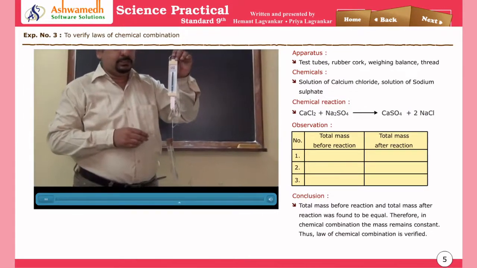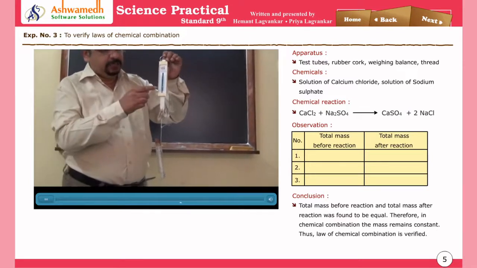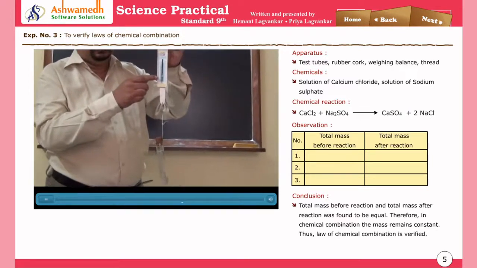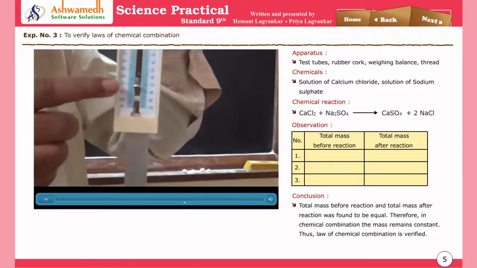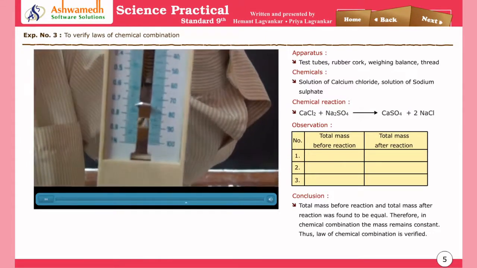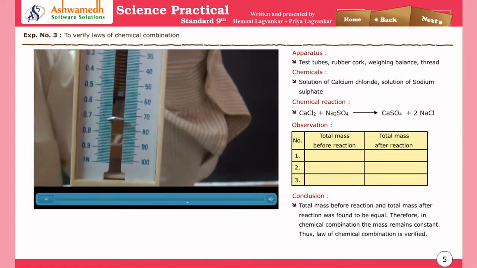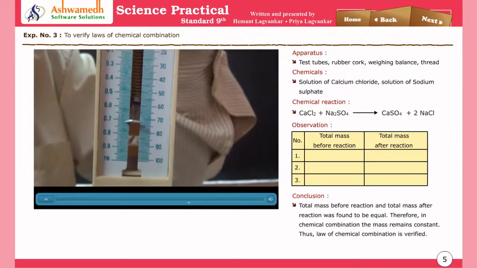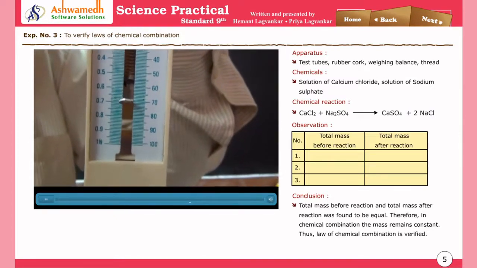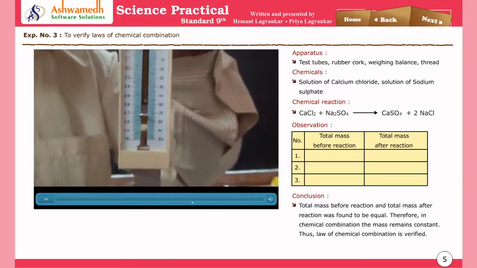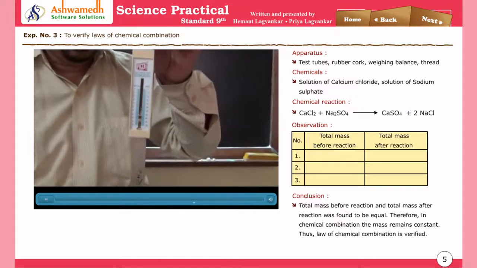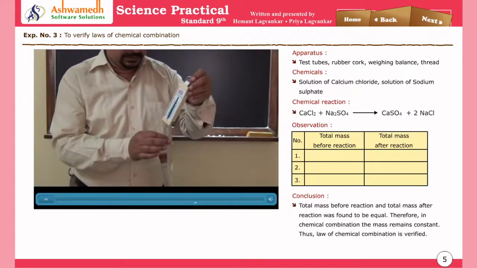Now you can measure the mass, and here you can see the pointer. You can read the mass, it is 74 gram. So the total mass of reactants and the test tubes and the thread and the cork is 74 gram. Okay, now we will proceed further. We'll just take this out,